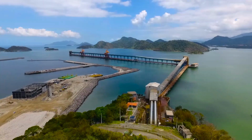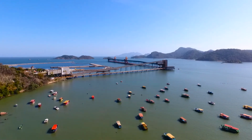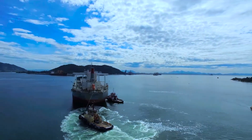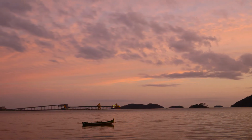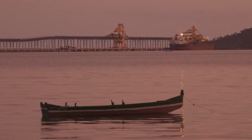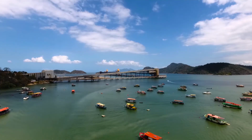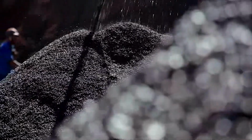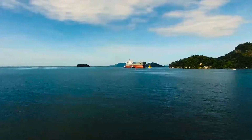We would like to introduce you to Porto Sudeste do Brasil, a private port designated exclusively for loading solid bulk cargoes with berthing capacity capable of receiving Panamax and Cape-size vessels. Situated in the sheltered waters of Sepetiba Bay at Ilha da Madeira in the municipality of Itaguaí, state of Rio de Janeiro, its strategic location offers the shortest distance between the iron ore producers of Minas Gerais and the international